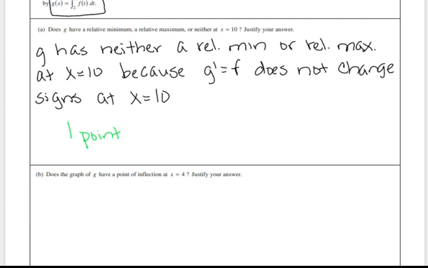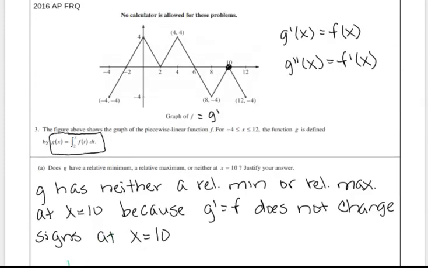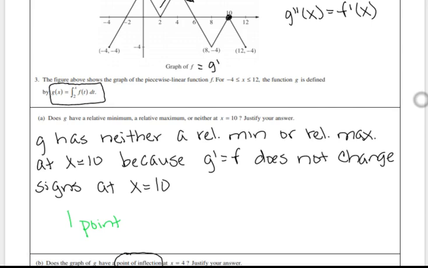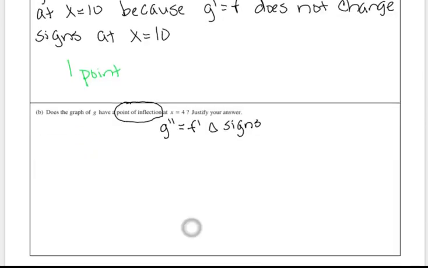Part B asks us if the graph of g has a point of inflection at x equals 4. So we know for a point of inflection, we have to think about the second derivative, which is g double prime. And we said that's equal to f prime, which we know is the slope of f. And to have a point of inflection, we need the second derivative to change signs. So we want to know, does the slope of f change signs at x equals 4? Well, at x equals 4, f had a positive slope and then a negative slope, so yes, it did change signs. So the graph of g